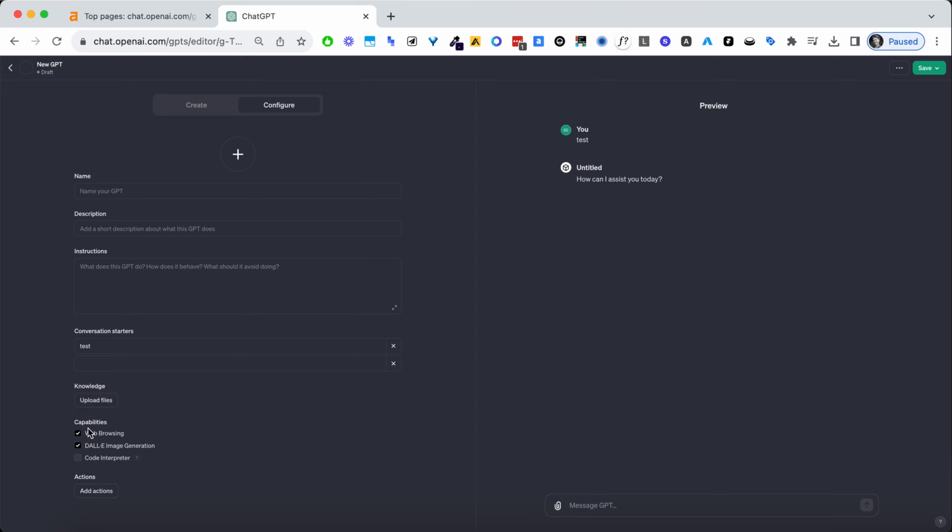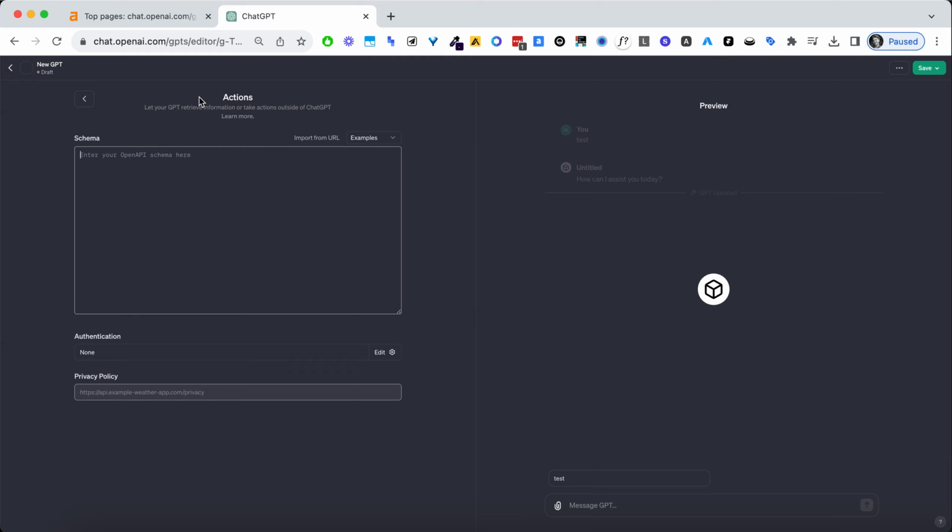And then we have the capabilities, which is web browsing. We can select if we want this to be true or not, DALL-E image generation, and code interpreter. And then we also have the actions. And the actions here are the same as what are called functions on the API side, which essentially allows your custom GPTs to interact with other applications through APIs, or application programming interfaces. So here you can give instructions or schemas to different APIs or services that you want your assistant to communicate with. So I guess the easiest example, let's say you wanted to get weather from,